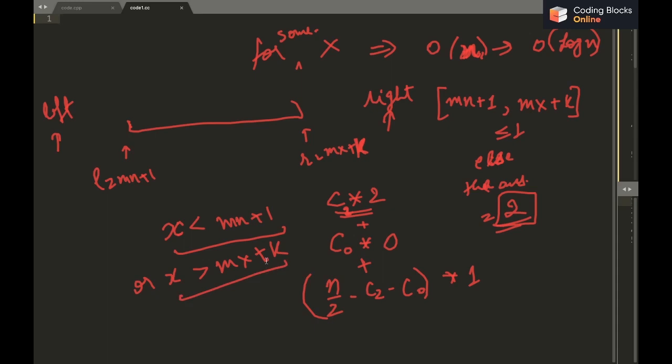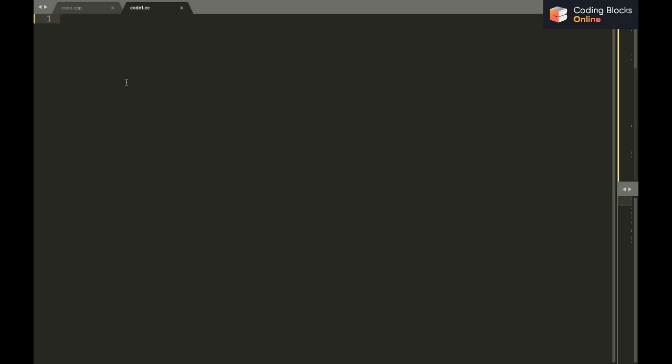So now let's move on to how to actually calculate this c2 value, right? Now I know that for the c2 value, x should either be less than mn plus 1 or x should be greater than mx plus k, right? For this to happen, let's simplify this a little bit.